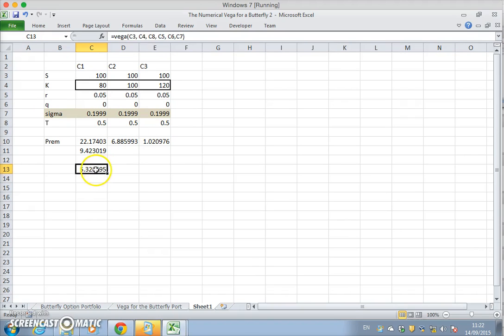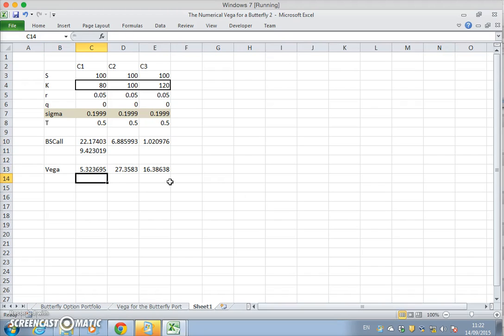And you can see the cell referencing is incorporated. If I just drag across, then I have the vega for this option position and the vega for the third option position. So if you think this is BS call, and this is the vega,